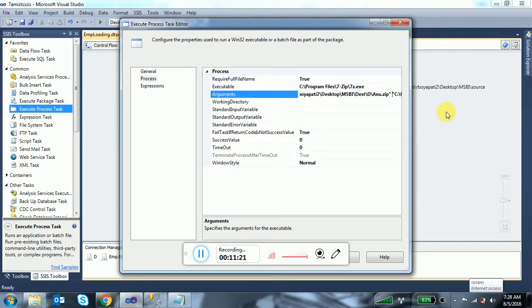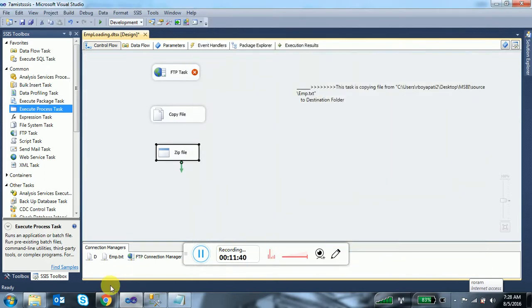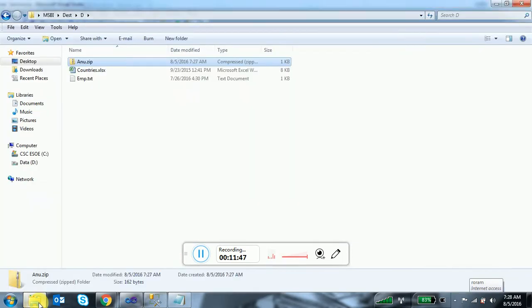The source and destination you can put as one string. See, I didn't change anything in the source and destination. I just copied from here and added the code hyphen p, and the password, 9885.